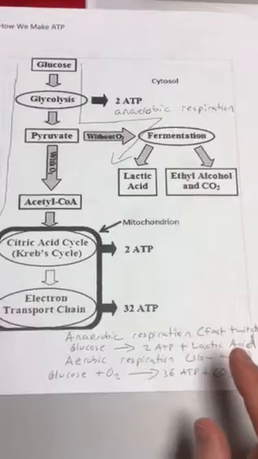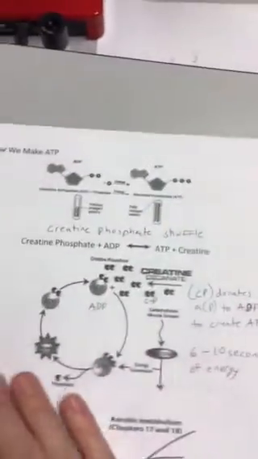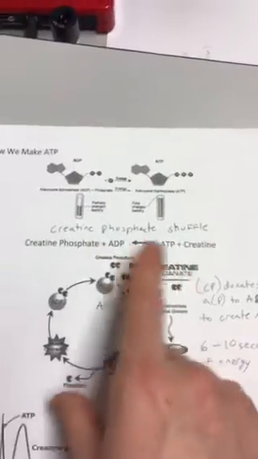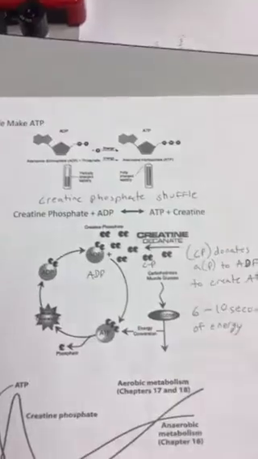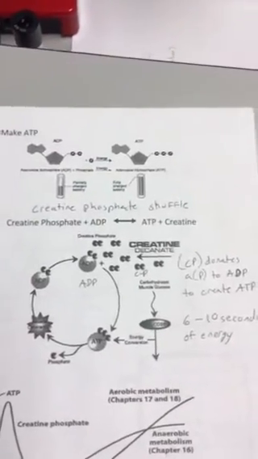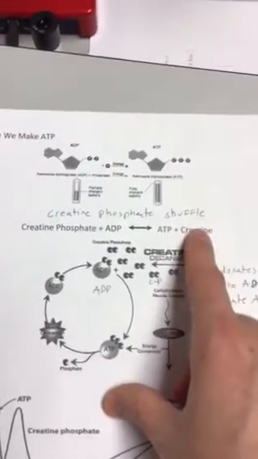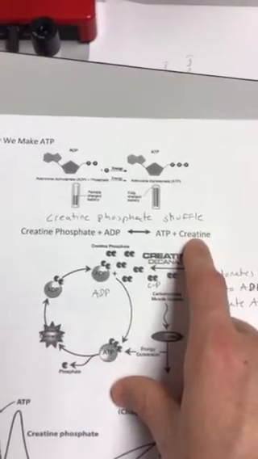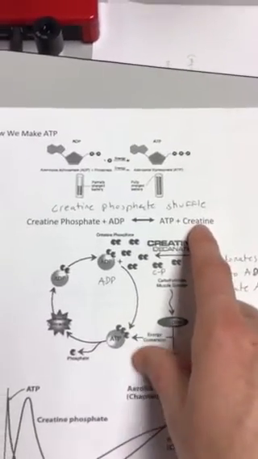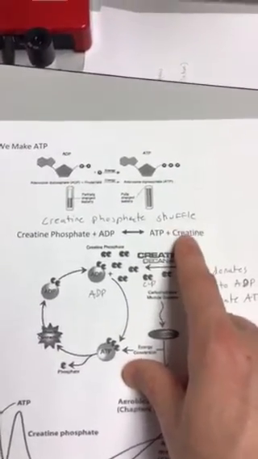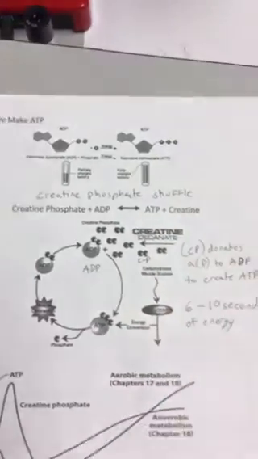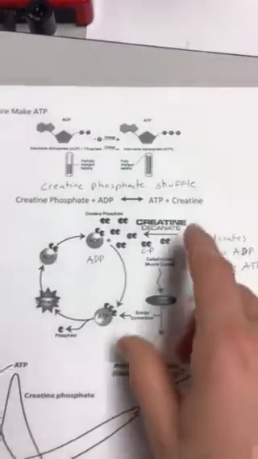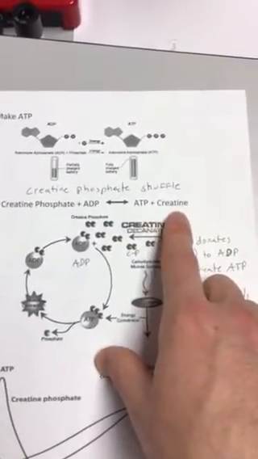Now, you actually have a third way we make ATP, but only found in muscles. And it's called the creatine phosphate shuffle. If you've heard of creatine before, it's a popular workout supplement. It actually does work. There's a million products you can get on Amazon and stuff like that that don't work. This one actually has some credence to it. It has been proven in studies, good studies done by colleges, not by companies trying to sell you something, that it does work. And it makes sense how it works, because if I take this in my diet, this protein,